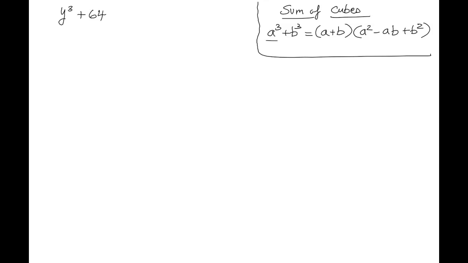a cubed plus b cubed, right? Two perfect cubes, and it factors as a plus b, which are the cube roots of the first two terms there, and then times a squared minus a times b plus b squared. That's the formula. So if that is given to you, all you have to do here is to recognize that